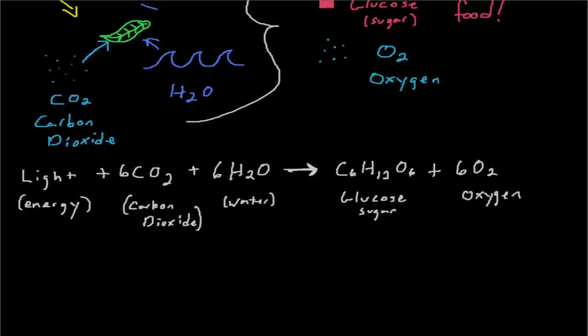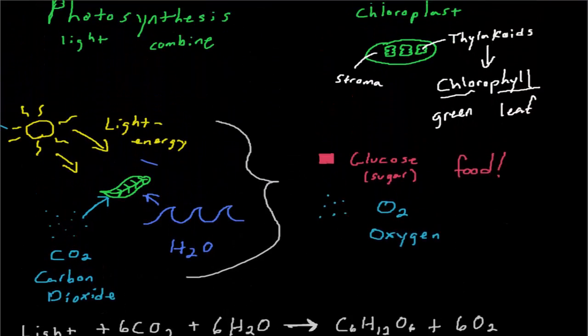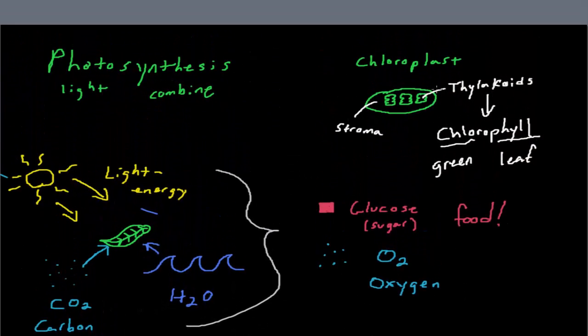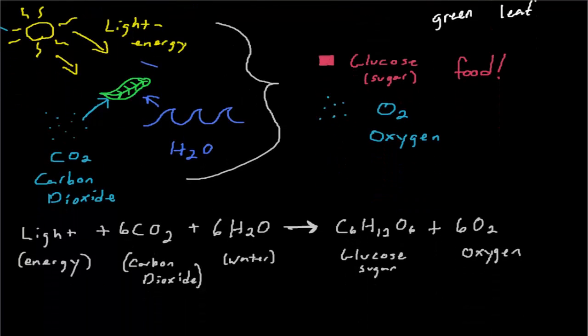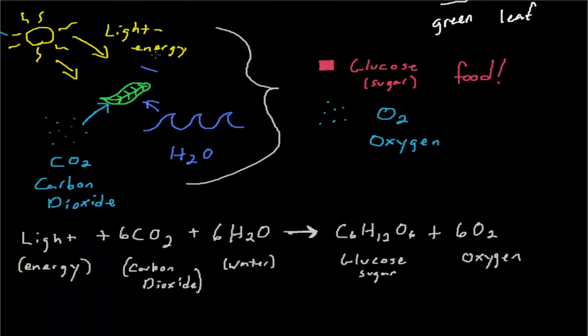So just to recap photosynthesis, the main things you need to know: it takes place in the chloroplasts. It uses chlorophyll, okay? It takes in light, carbon dioxide, and water. And on the other side, it puts out glucose and oxygen. All right? Everybody clear on that? We'll move on to